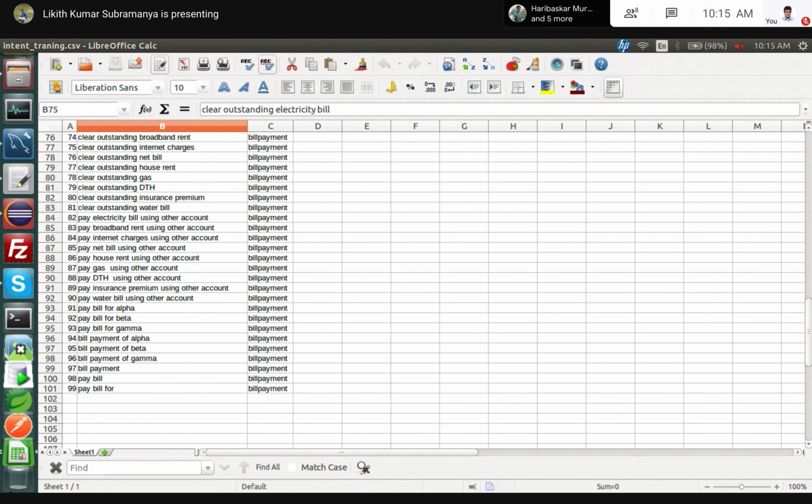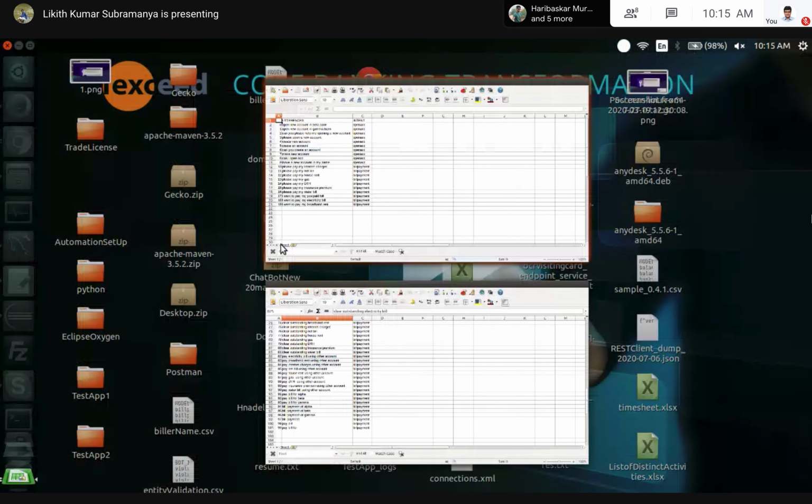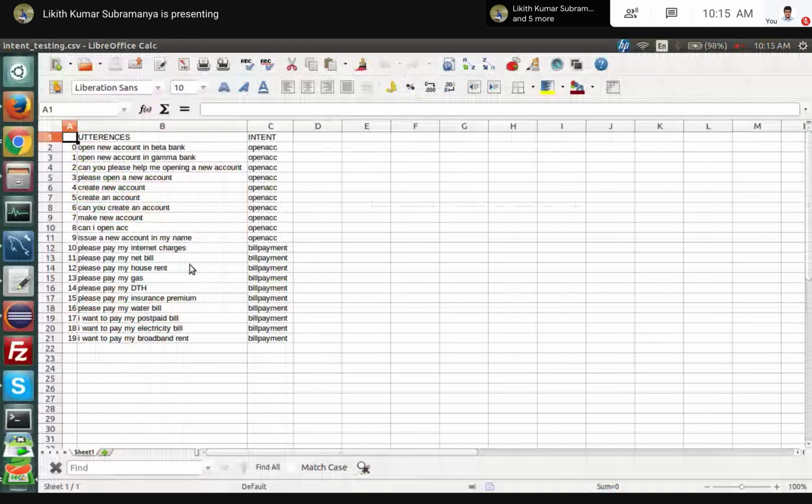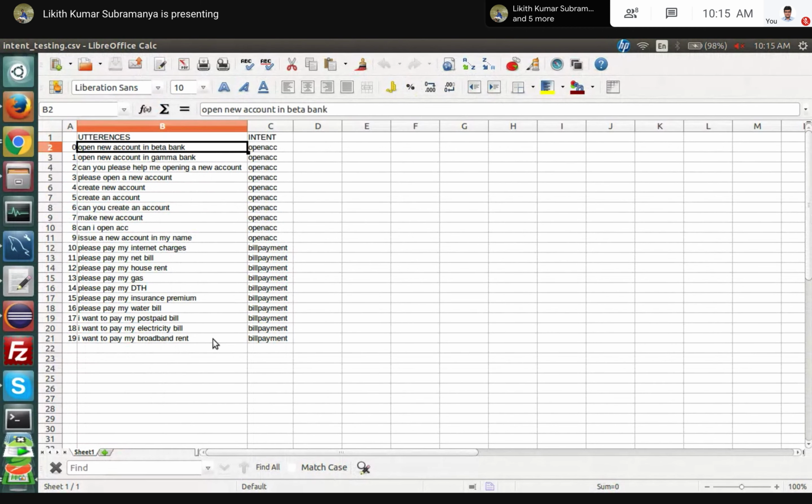There is another file called the testing file. The testing file will also be similar to the training file, but these utterances will not be inside the training file.